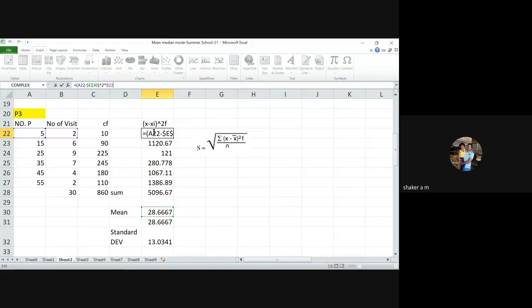So what are the values here? We'll take xi. Okay, xi is what? Let me write it here again. Equal to, okay, so xi minus